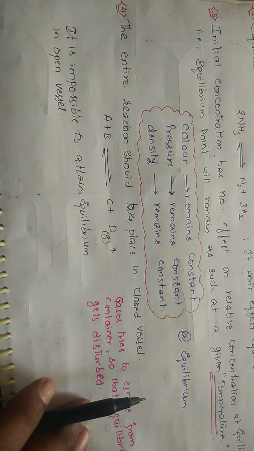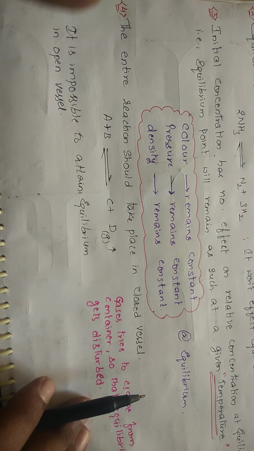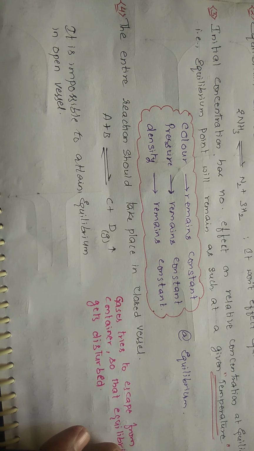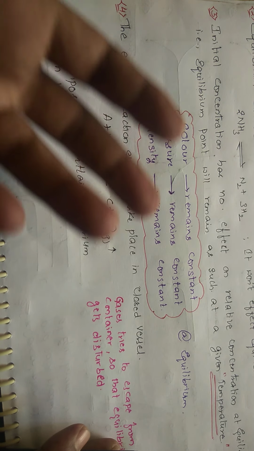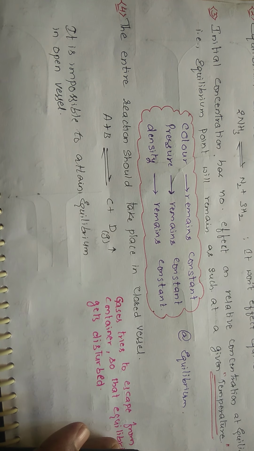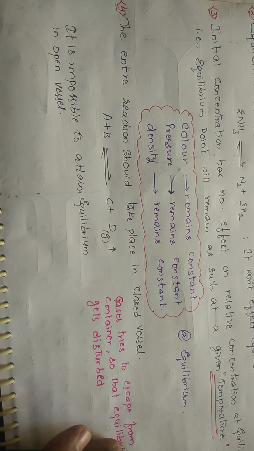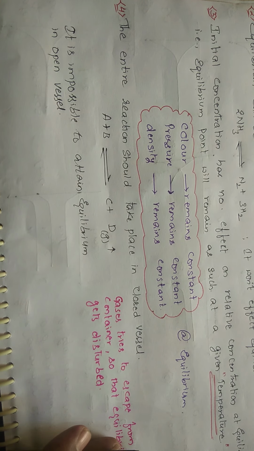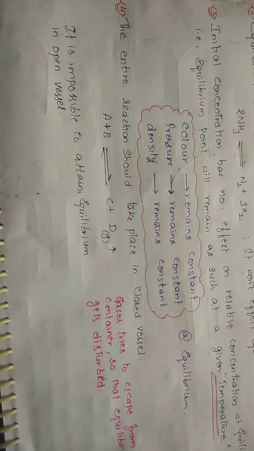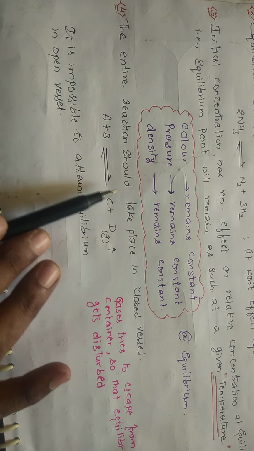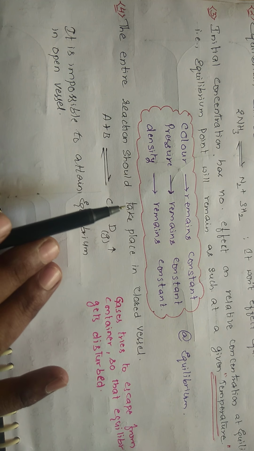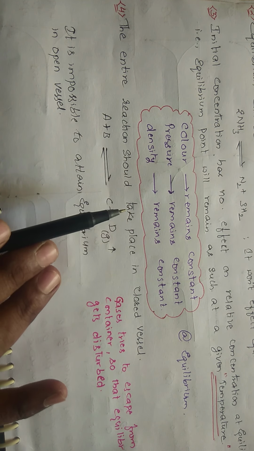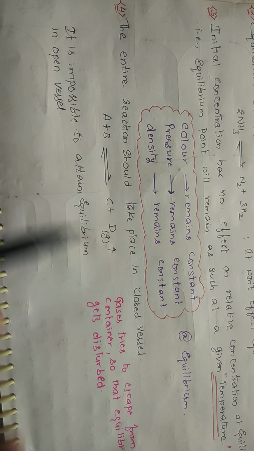Suppose it is a liquid, there is no problem like that. Liquid also gets evaporated. If you take a glass full of water and place it openly in one place, after some time the surface molecules get evaporated into the atmosphere. If they are evaporating, meaning they are escaping from the vessel, so you can't attain equilibrium. So to attain equilibrium, the chemical reaction should be done in a closed vessel itself.